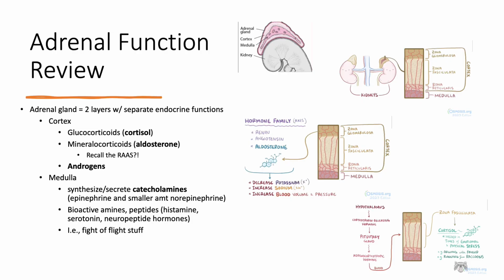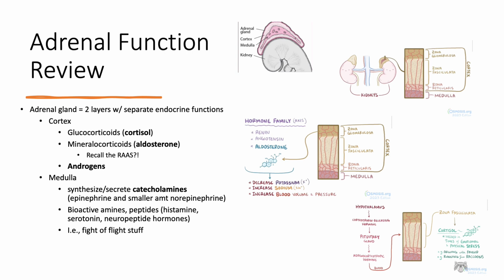Okay, let's have a really brief discussion on the adrenal function and just a really quick overview. So the adrenal glands are on the cephalad portion of our kidneys. We usually have two of them. The adrenal gland has two different layers with very separate endocrine functions. So we have the cortex and then we have the medulla. Now, the cortex is made of three layers, and the outermost layer produces aldosterone, which is a really important part of